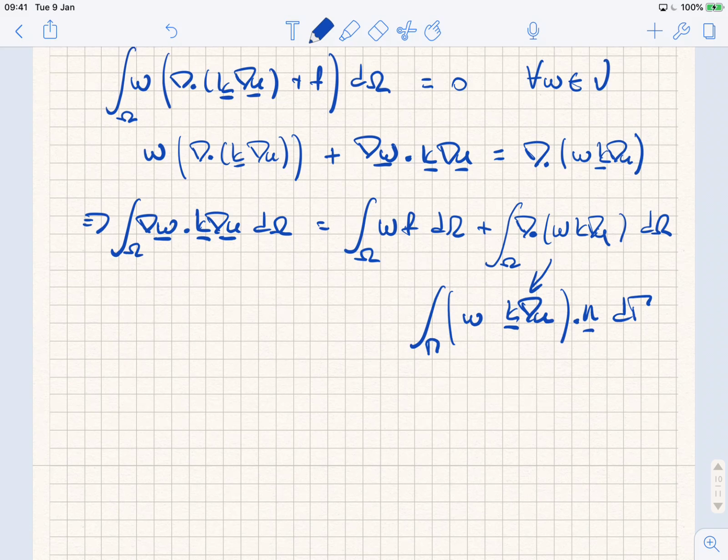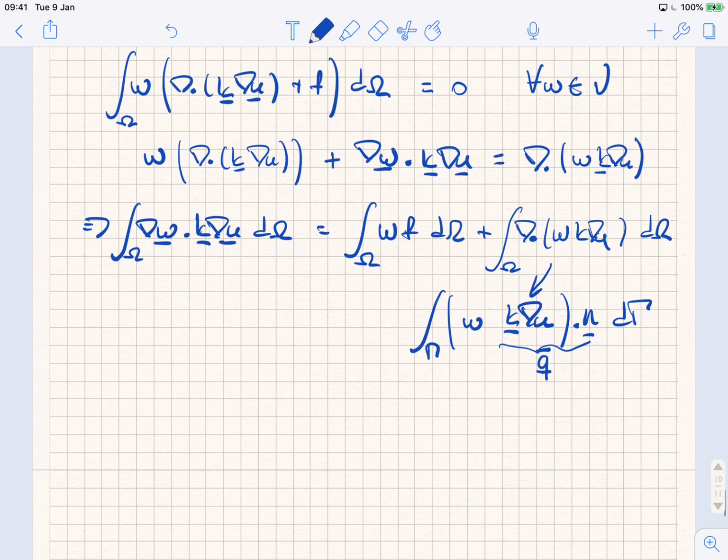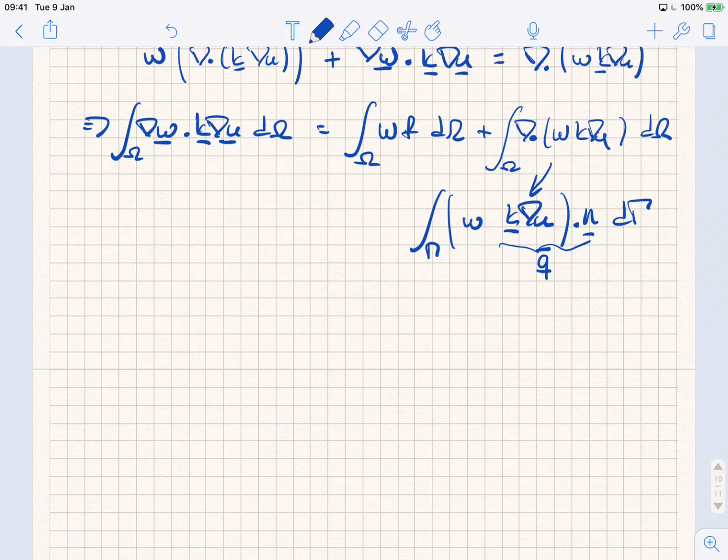Yeah, that's it. And remember that this whole thing that we have here was our heat flux Q. So there was a mistake there. I had somehow a divergence on the right-hand side that did not make any sense. But now that we have transformed our integral over the inside of the domain to an integral over the boundary, then we can replace that, because we know that that expression here is just the boundary condition, our Neumann boundary condition. And so if we rewrite this equation, what we get is